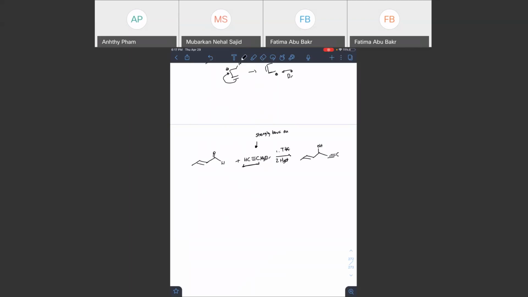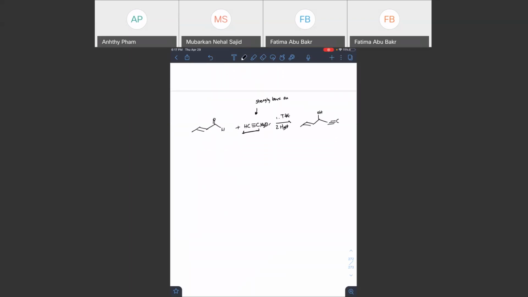addition does have rearrangements. So going back to the 1,4 addition example, and let me just change it up so it's exactly the same so you can really see it. So when we have our 1,4 addition, what's going to happen is that